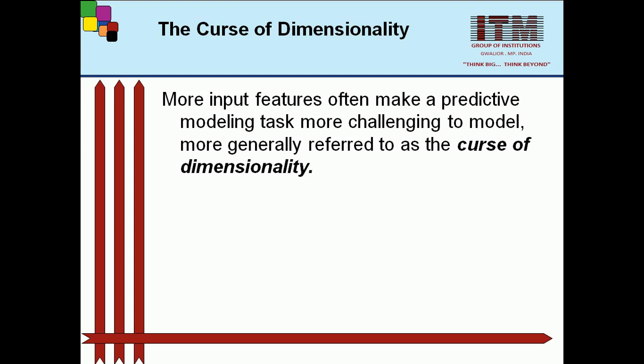More input features often make a predictive modeling task more challenging to model, and this is more generally referred to as the curse of dimensionality. See, if we are providing our training model a number of features, a number of attributes, then what will happen? The training model may get confused. After obtaining so many different features and attributes, the training model may get confused, and due to this the optimal results which are expected from a machine learning model will not be obtained. So that is why